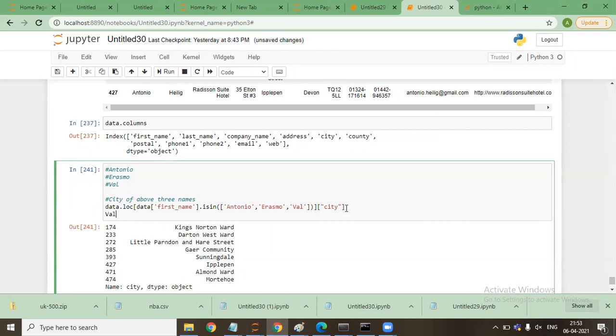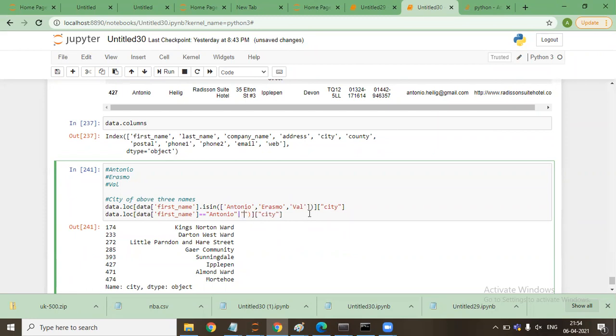So we can do something like this: data first name equals to Antonio or Erasmo or well and city equal to Antonio or Erasmo.